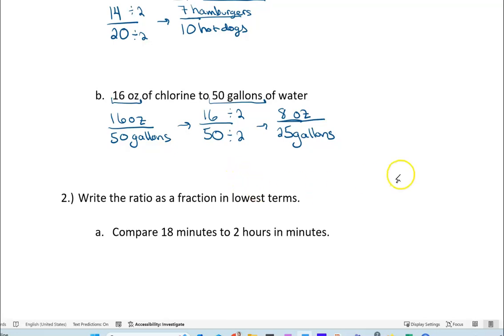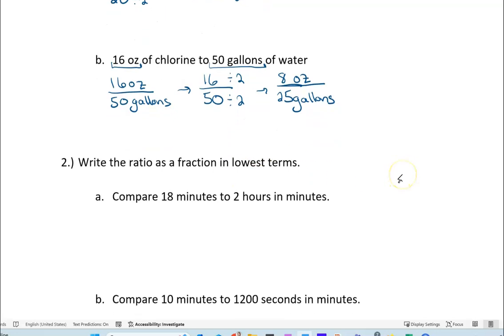All right, so for number 2, we are doing the same thing, but we need to pay attention to the units, and in some cases, we may need to do some conversions between units. So for 2A, it says compare 18 minutes to 2 hours in minutes. All right, so that comparison is a hint that we are setting up this ratio, okay? So we have 18 minutes